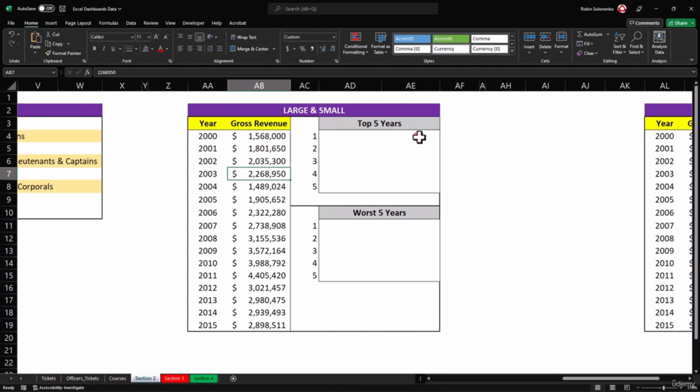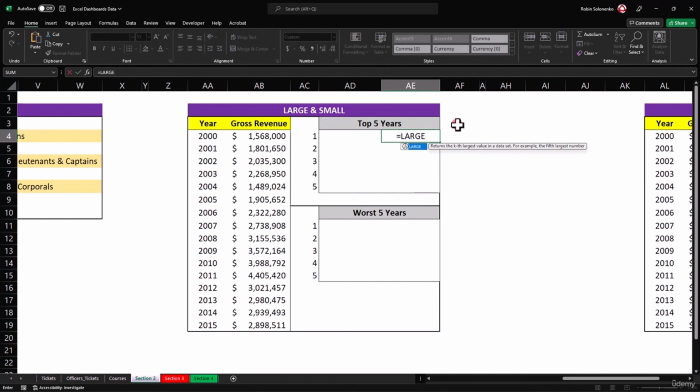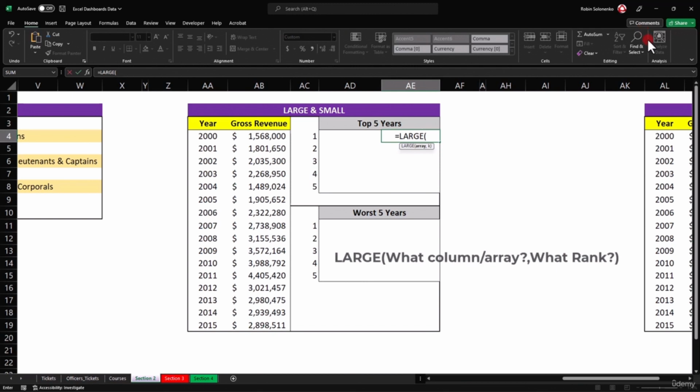So what we're going to do is come over to AE4 here in the corner, and let's start off with the large function. So equals LARGE. Also, just an FYI, this time we're not going to use name references because I want you to see what it's still like to use these cell references after we've done some naming and why it's going to be cumbersome. So for the large, we have to tell it to look at AB4 to AB19. And we can put the F4 function on those. So you're looking in that range,